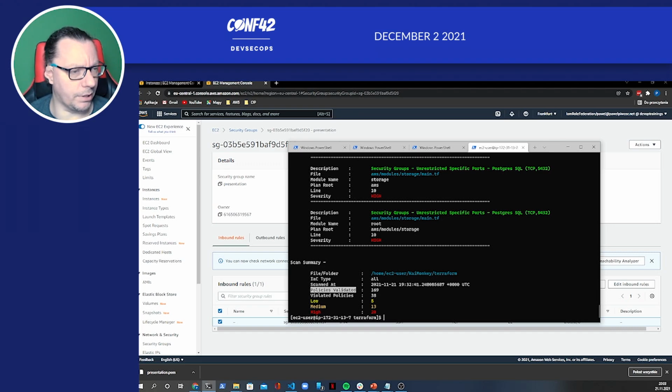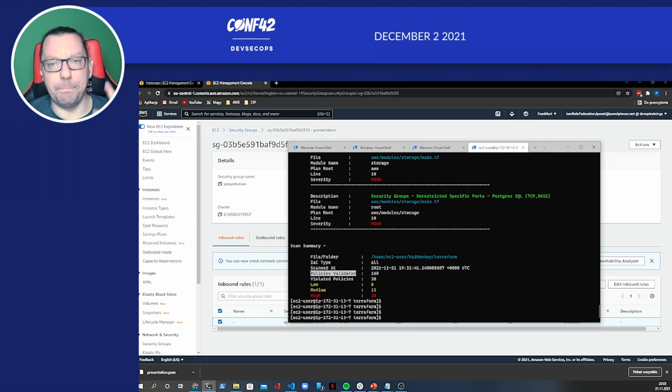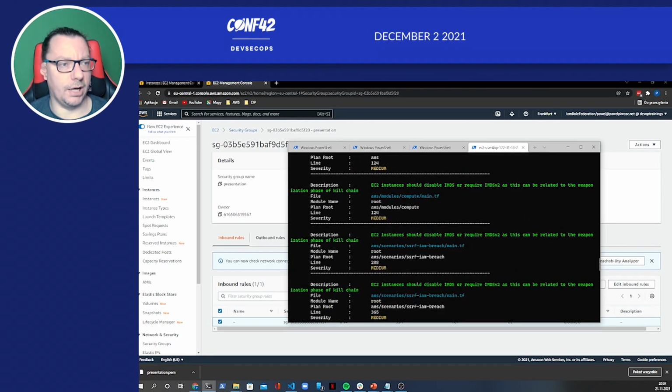As you can see, we have 20 high, 13 medium, and 5 low. 38 policies are violated. So this is how they work in the most default options. All right. I don't want to show you more complicated options for a very simple reason, because I strongly believe that the beauty lies in simplicity. So if something works from default, out of the box, that is a perfect tool for me. So this is how I run them